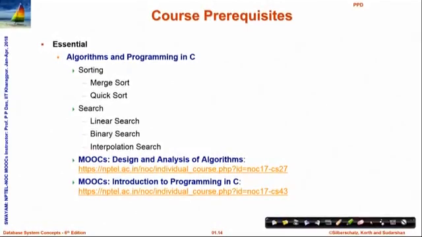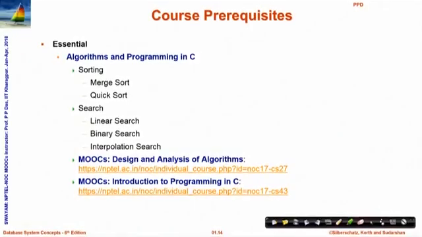Certainly, you need certain familiarity with common algorithms, particularly I would mention sorting and searching algorithms, because these are critical for database applications. And again, the same MOOCs courses would be of help, and it will be good to have familiarity with programming in C, because several of the applications need some high level application programming to be performed, and we would assume that those aspects we describe in C, because that is the fundamental and most commonly known